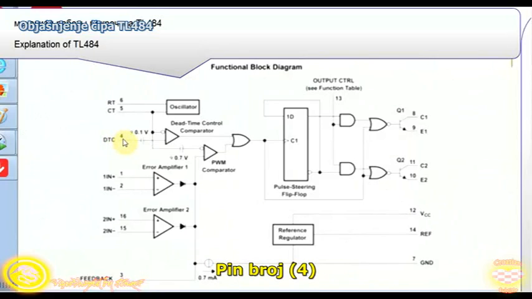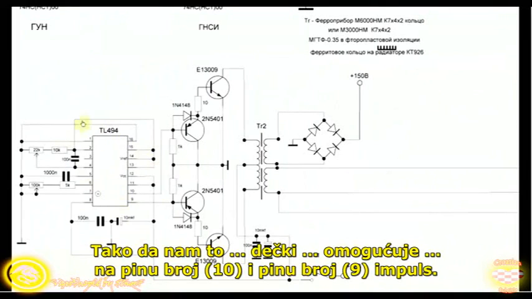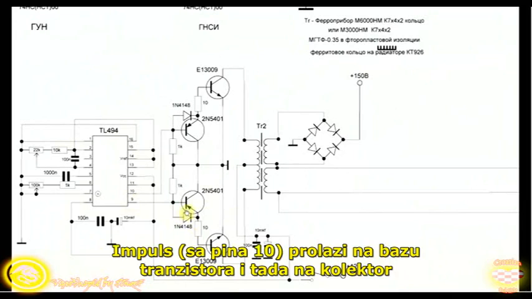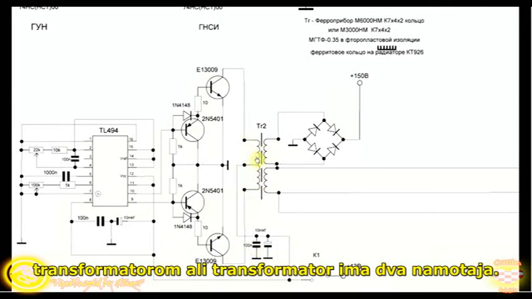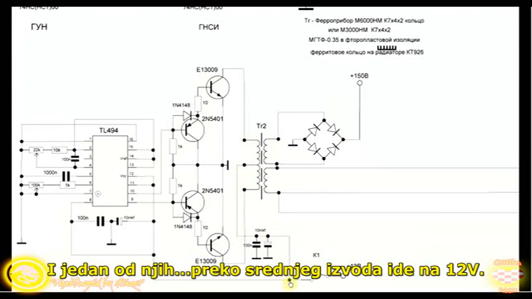Number 4 is giving a time of the interval. So this guy is giving us at leg number 10 and leg number 9 impulse. Those go to the base of the transistor, and then collector base on another transistor here, and the base. Then it is sort of terminated with a transformer, but the transformer has two windings, and one of them, the middle